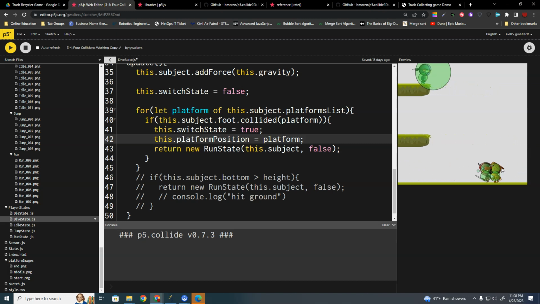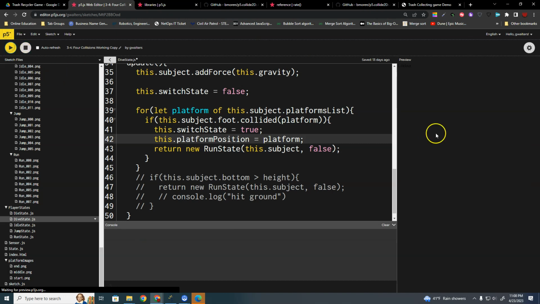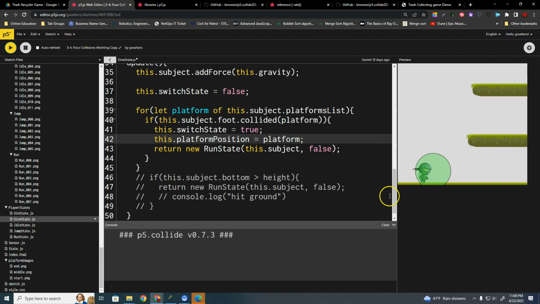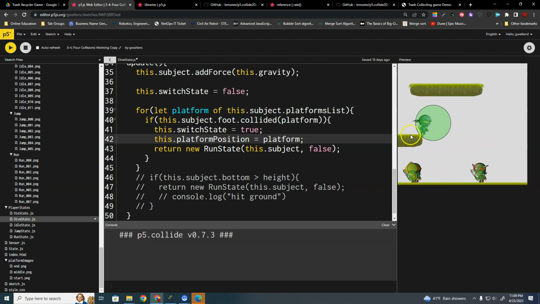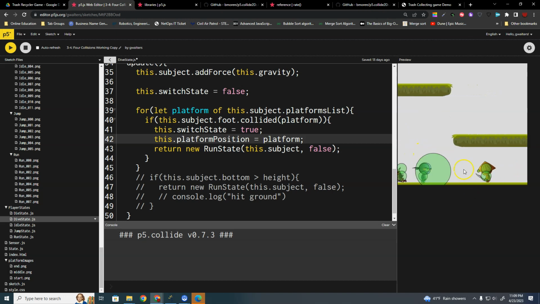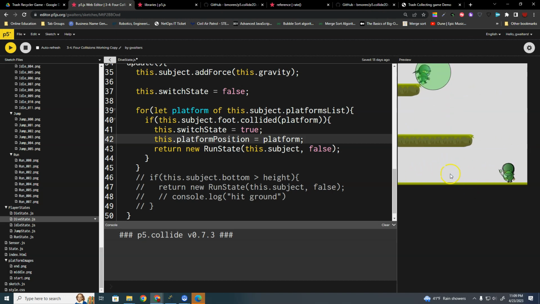So once you guys get your stuff set up, yep, there was an error. You're going to want to adjust your speeds to make it so you're not able to clip through, or your rectangle that he's colliding with, he should not be able to fall through that